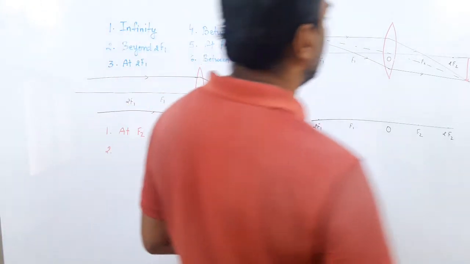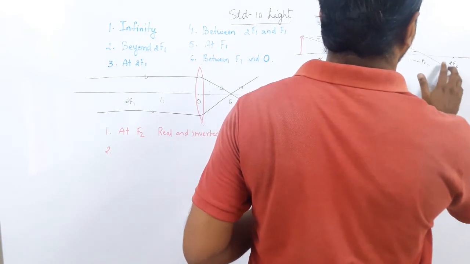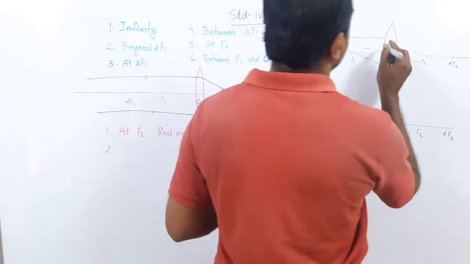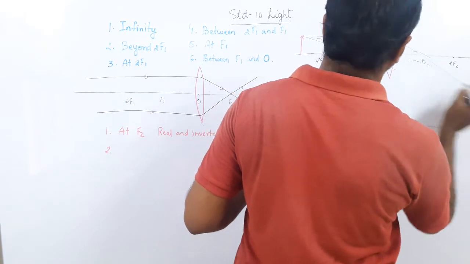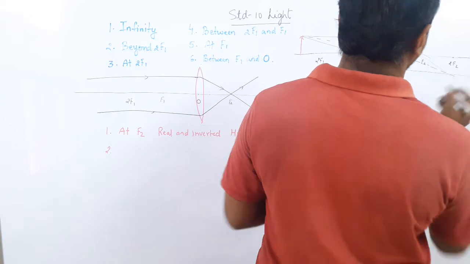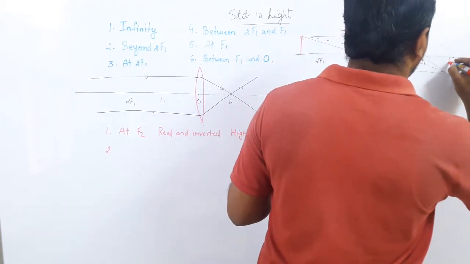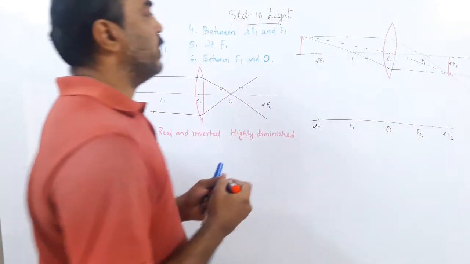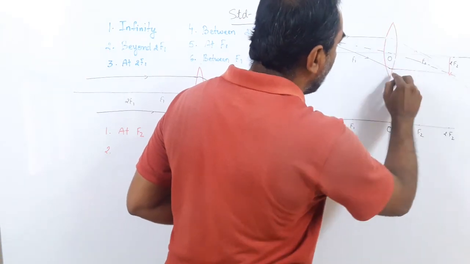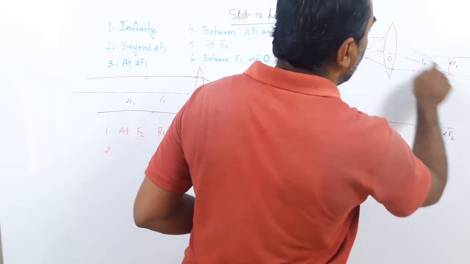Sorry, there has been a mistake here. The line should not be like this. It is passing through the focus and becomes parallel to the principal axis. The image is formed here. Sorry for the error again, but keep your drawing proper. Draw the line through F1 exactly at the center line, and then take it here, passing parallel and passing here.